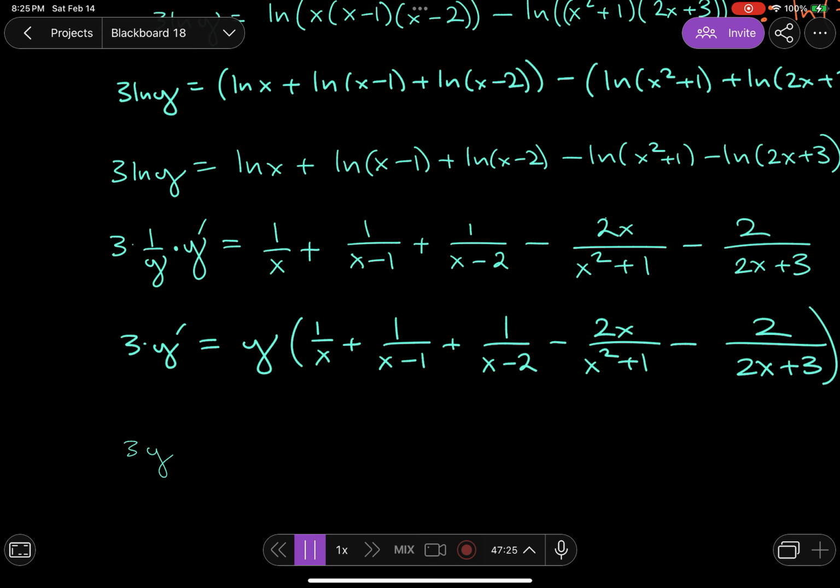Wait, is this nice? Hold on. y prime is equal to y, but y was the cubed root of all this craziness, all divided by